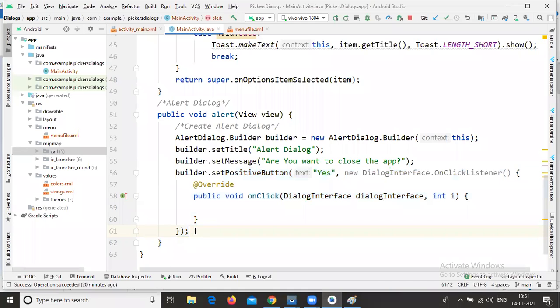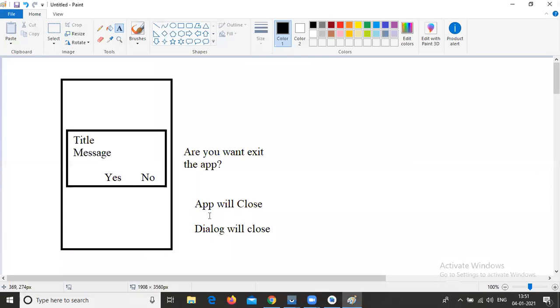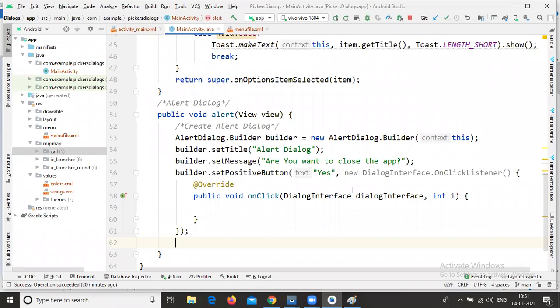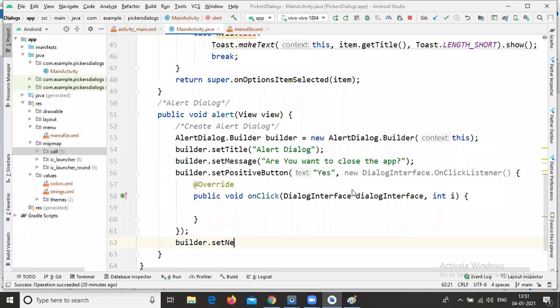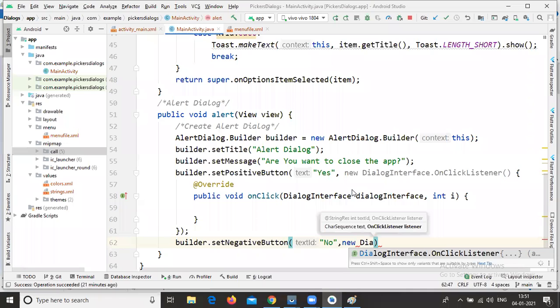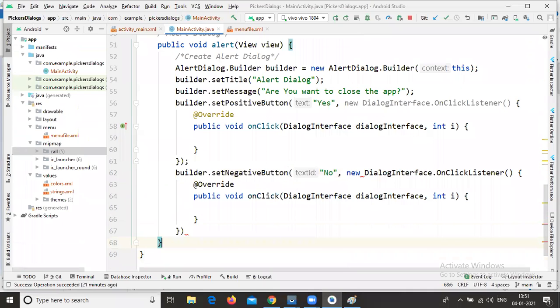In the same way, you need to implement the negative button also, that is no. Builder dot set negative button, that is no comma new DialogInterface.OnClickListener.